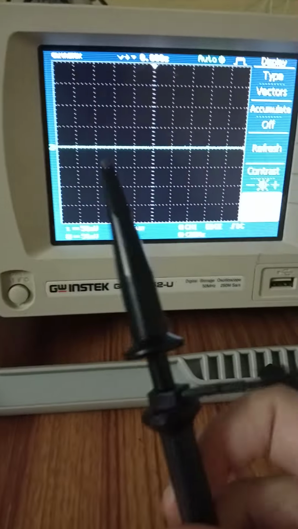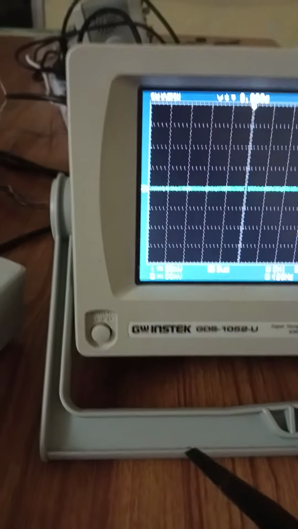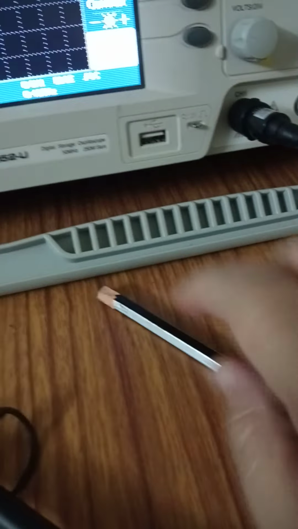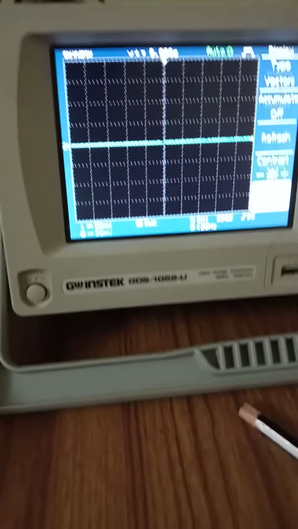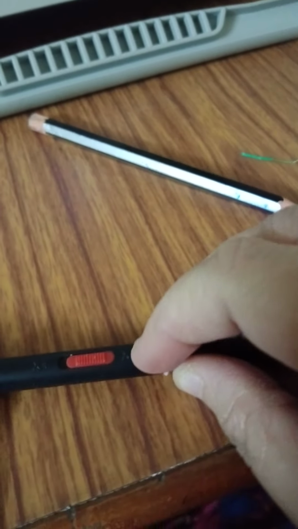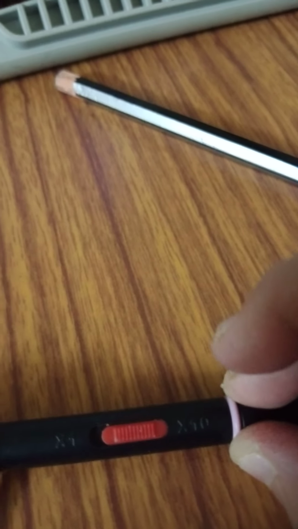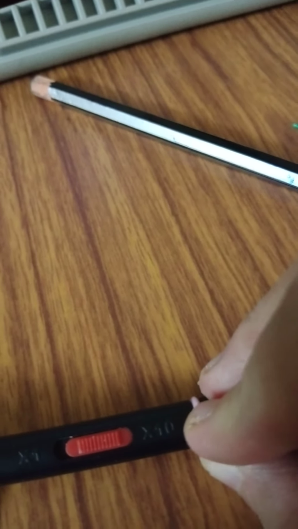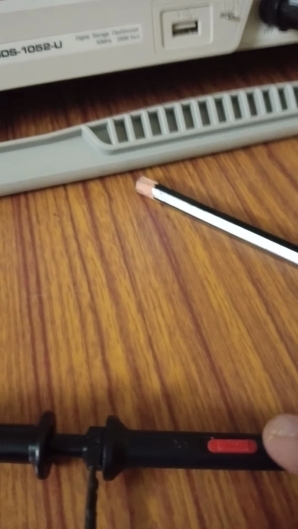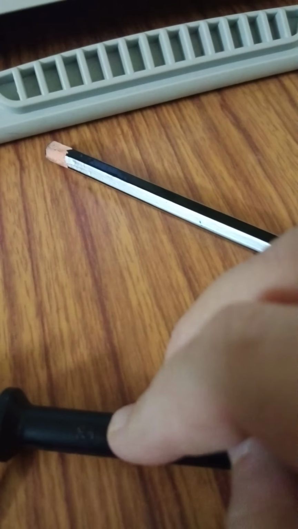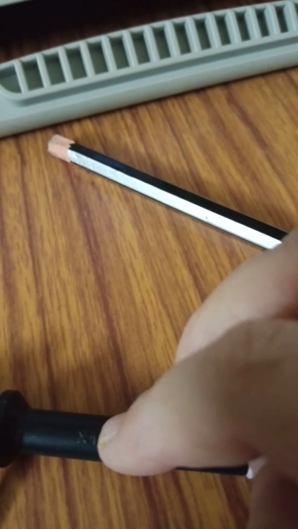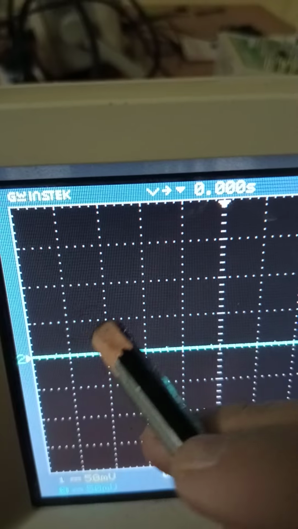What does this probe have? Probe settings: x1 means one box is 1 unit, and x10 means one box will be indicating 10 units.